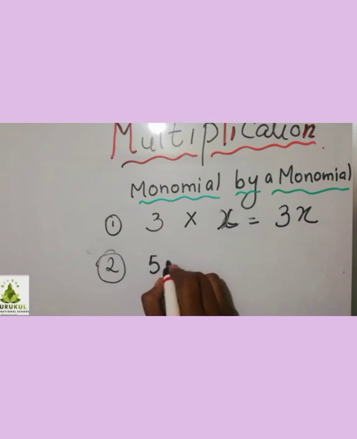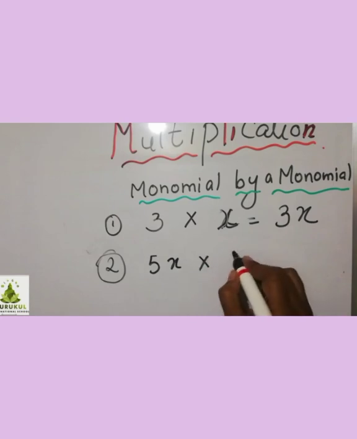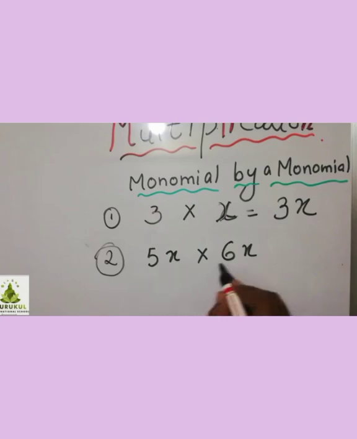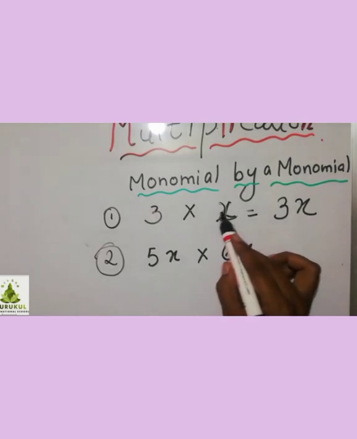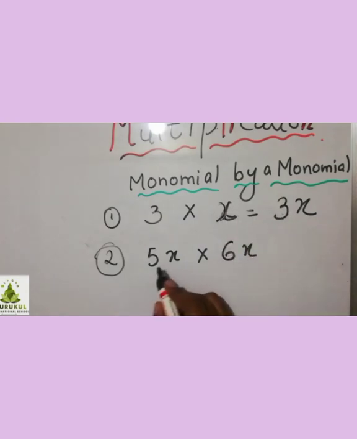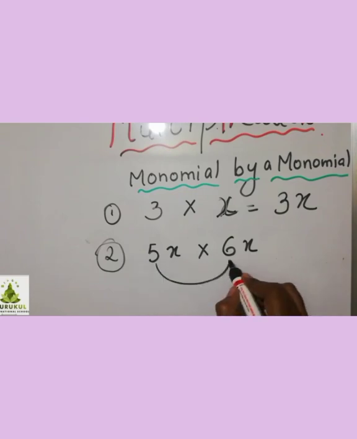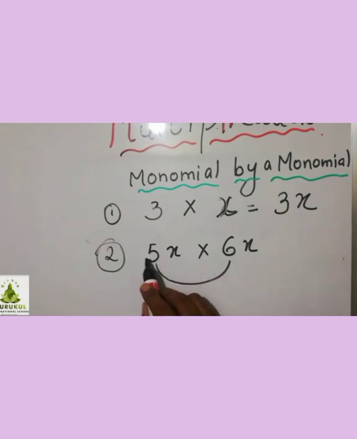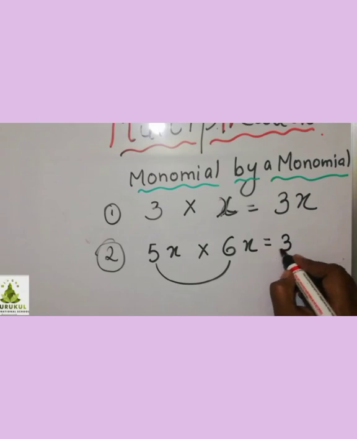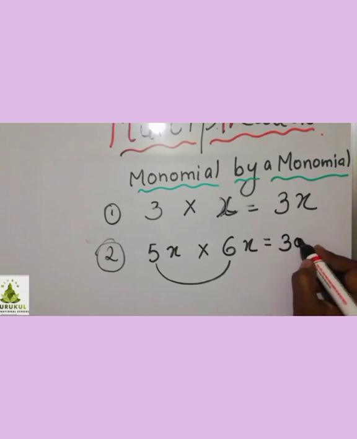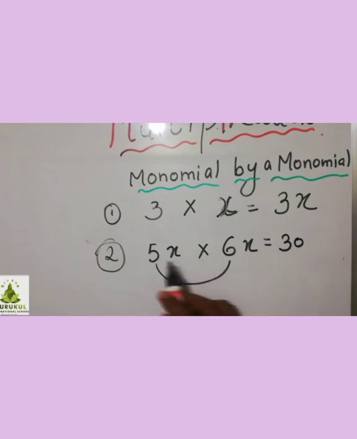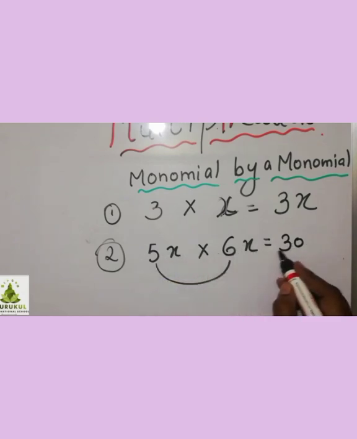Now, 5x into 6x. This is a second type of example. Now, see here. When you get this, here it was 1 with x, nothing means 1. So, 3 into 1 is 3. In the same way, how to multiply? Take the coefficients and multiply the coefficients first along with the sign. Here I took only positive coefficients. So, 5 times 6, the answer will be 30. It is plus itself. Plus into plus is plus. So, plus 30, I will write the plus sign. If you want you can write it, otherwise you can write without it also.